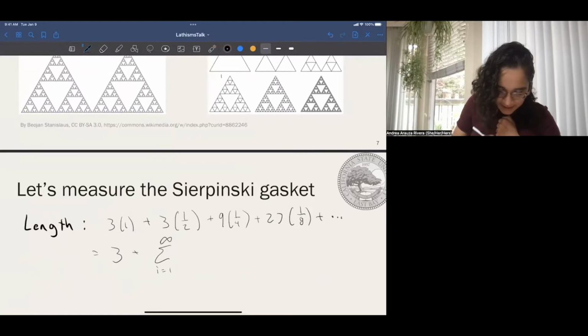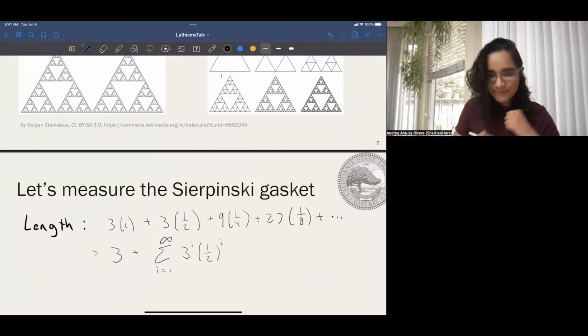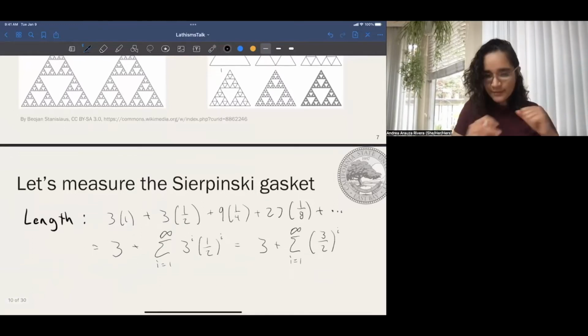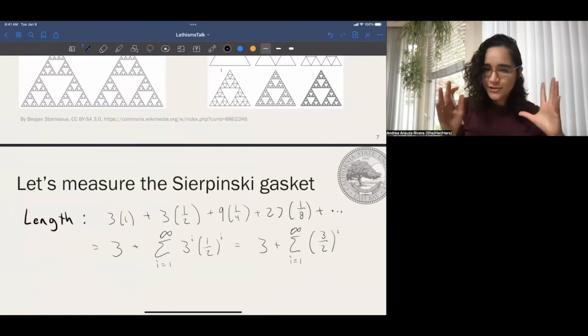So I can write this as the sum from i equals 1 to infinity of 3 to the i, 1/2 to the i. Just to rewrite this sum a little bit, I'm going to put that 3 to the i in with the 1/2. So this is (3/2) to the i. Okay. So we're excited on the one hand because we have a nice closed form for this length, but we also get a little bit sad